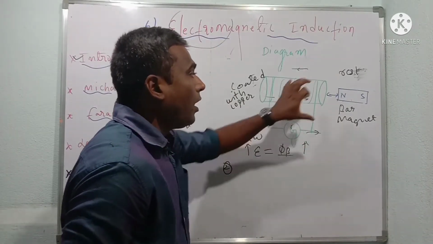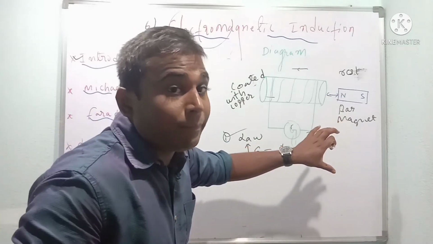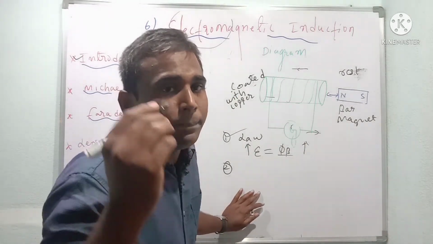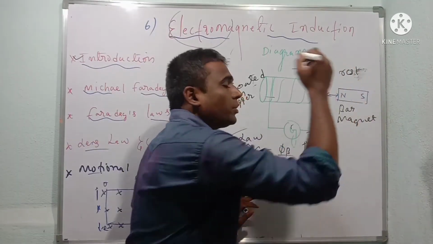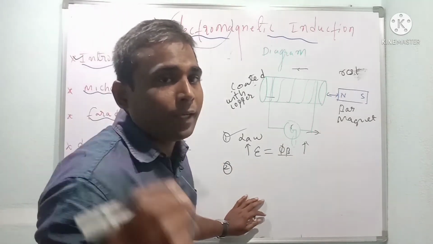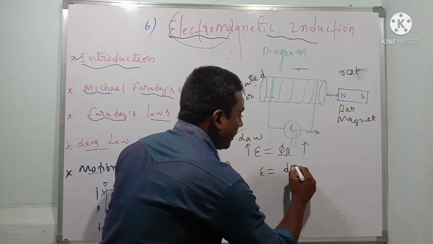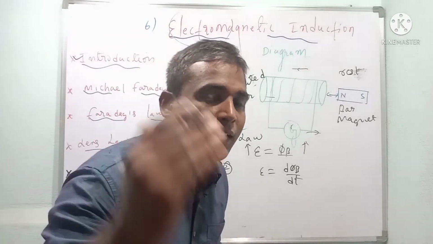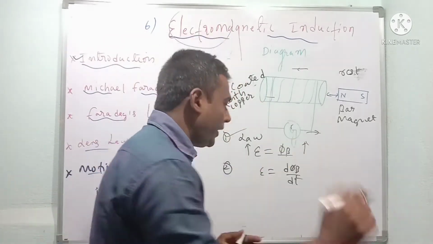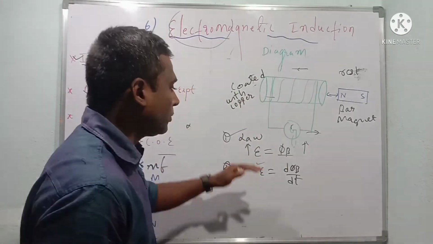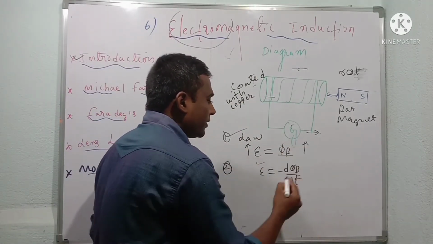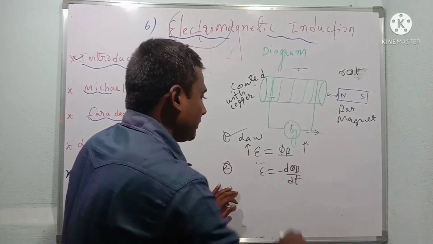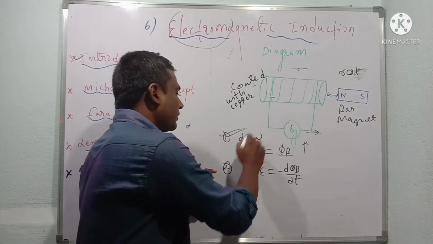Second law: how is EMF going to be generated? He is telling that the magnitude of the EMF is directly proportional to the rate of change of magnetic flux. In 1 second, how much magnetic flux is going to change? That is going to give the result of electromotive force. So these are the two laws, simple. And here there is a minus sign, because the magnetic field and EMF are opposite to each other, change in magnetic flux. And by using this first law and second law,